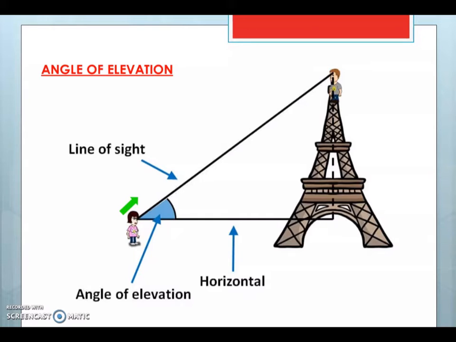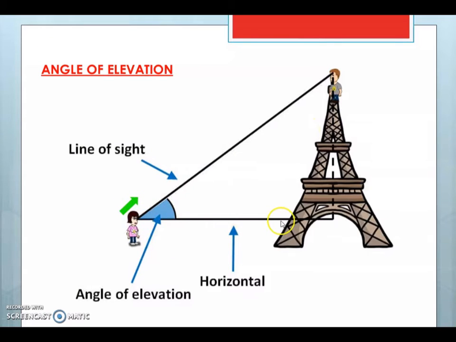Now, elevation, as you know, is something which is at a height. So, when you are looking at an object which is at a certain height above you, the line of sight is that which goes from your eyes till the person or the object that you are viewing. That is the line of sight. If your line of sight is going higher, that means you are standing on the ground and viewing an object which is at a higher elevation, at a height. Then you have to look up and the angle of elevation will go up this way.